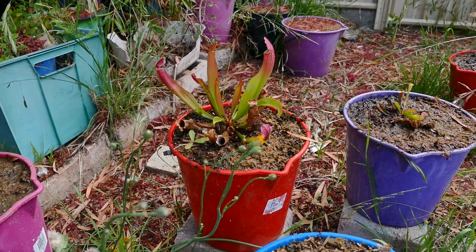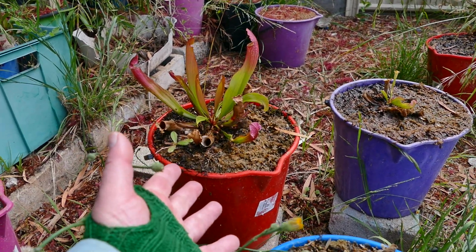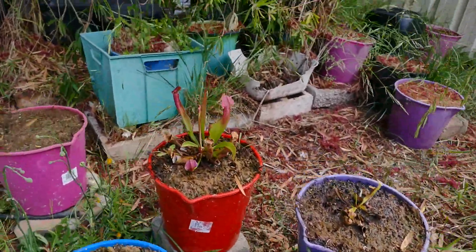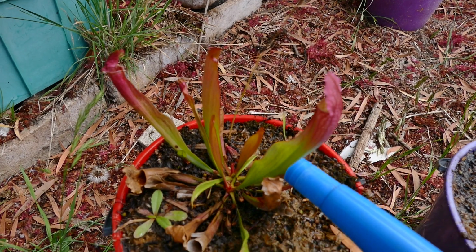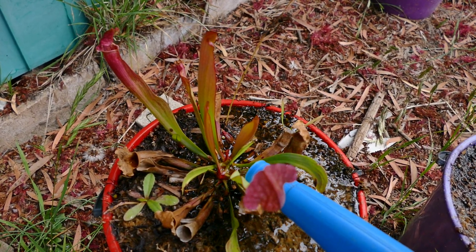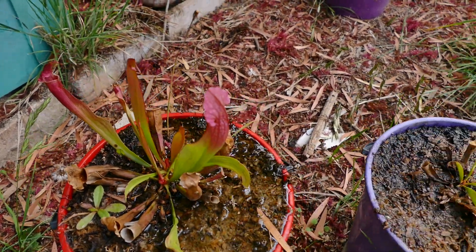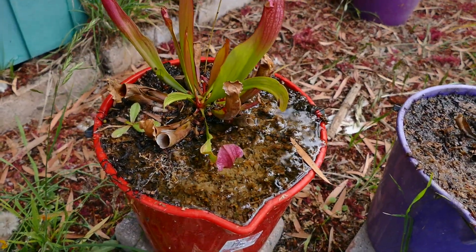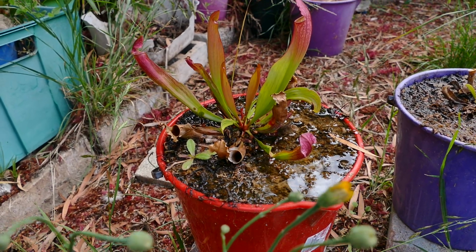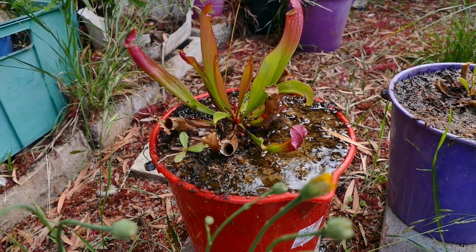picking things. Anyway, this thing I've kept going. You know, the usual thing. Keep it sort of semi-flooded, as you do. And I'm just waiting another month or so to see whether we get some sudden growth response like we did